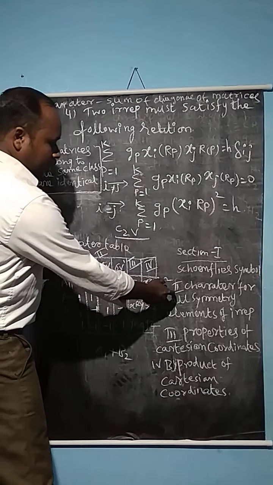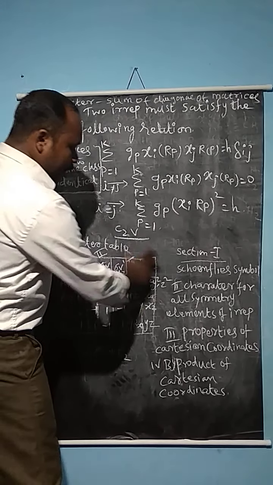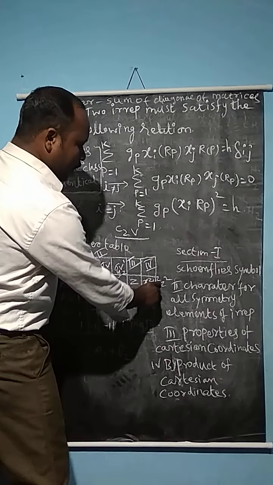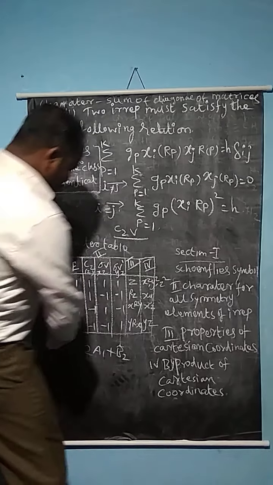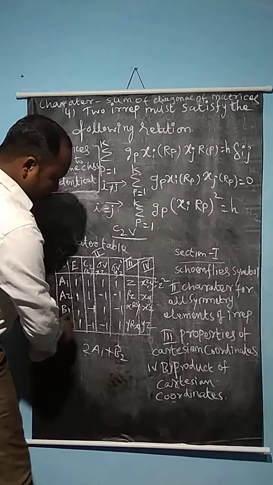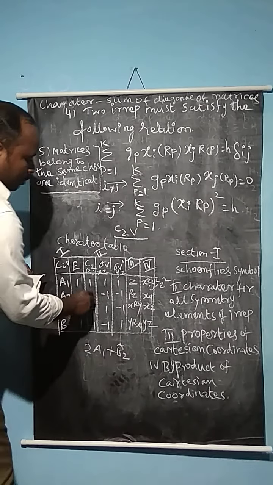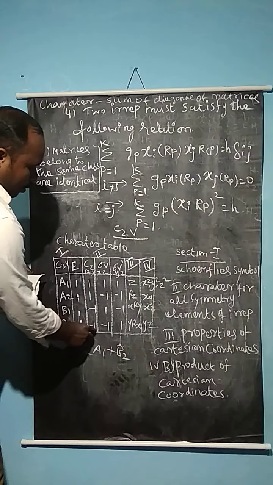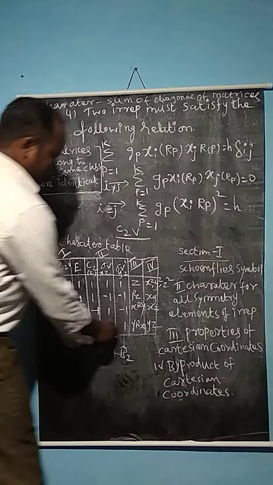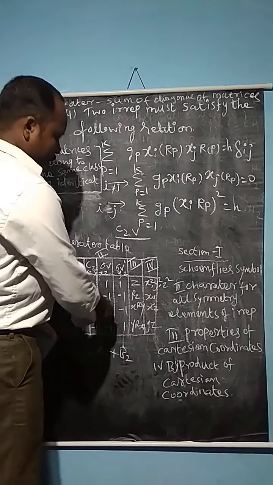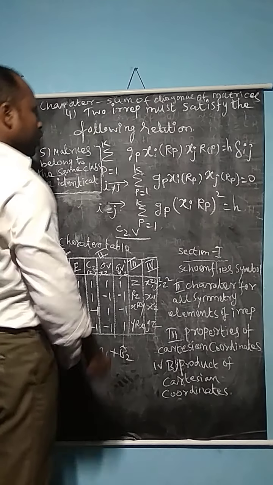What is the product that we can get after completing all the symmetry operations: x squared, y squared, z squared. This belongs to A1, for A2 xy, B1 xz and B2 yz. This value we can explain in the following way, because some more calculation is involved in getting the value of minus 1 or plus 1 or 0.